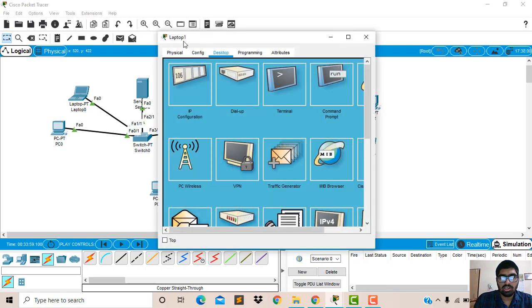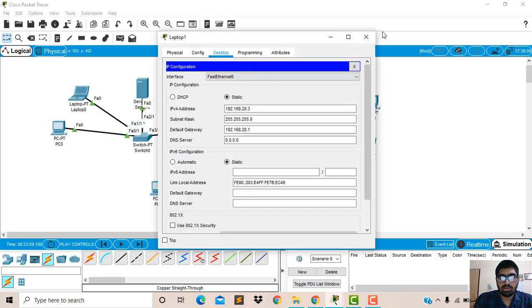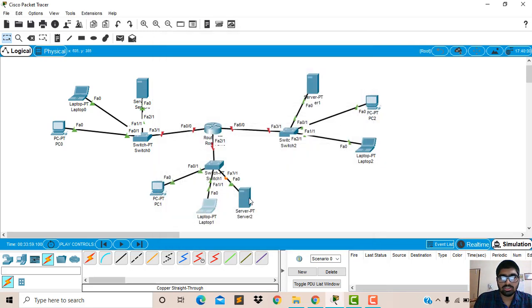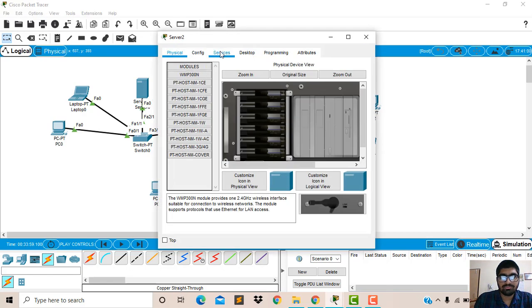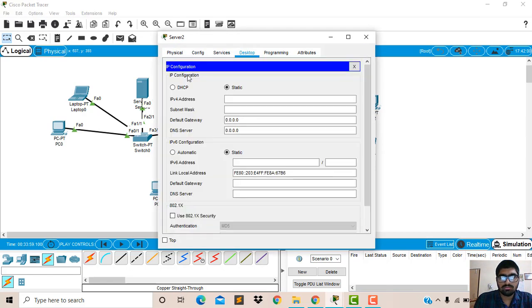Now we have given the IP address to the laptop. Now we will give the IP address to the second server: 192.168.20.4. The subnet mask, the default mask, comes automatically. The default gateway is 192.168.20.1.